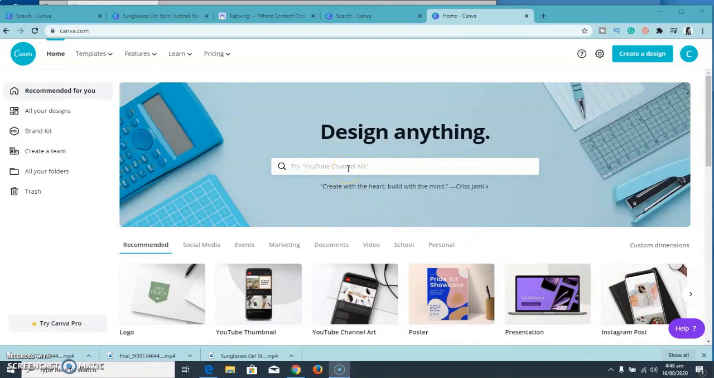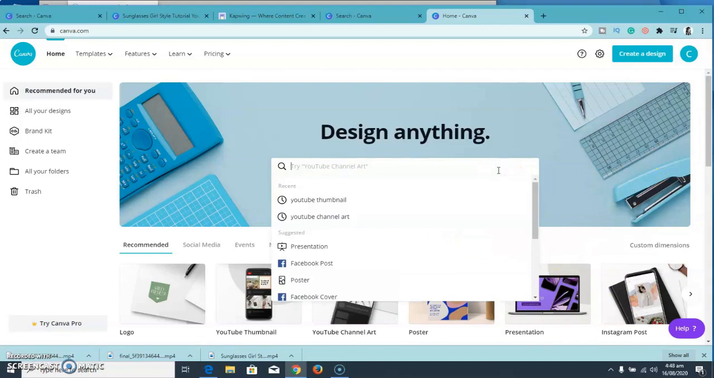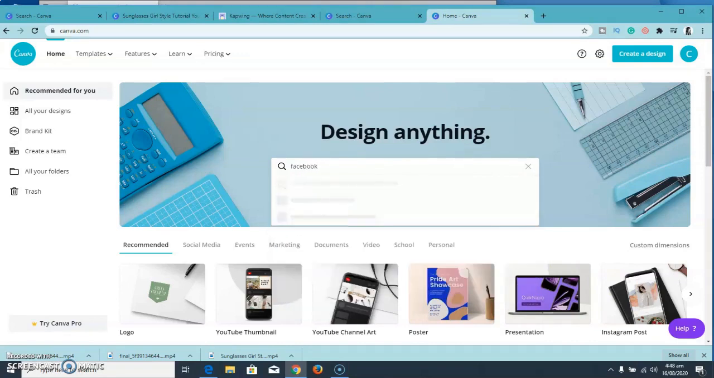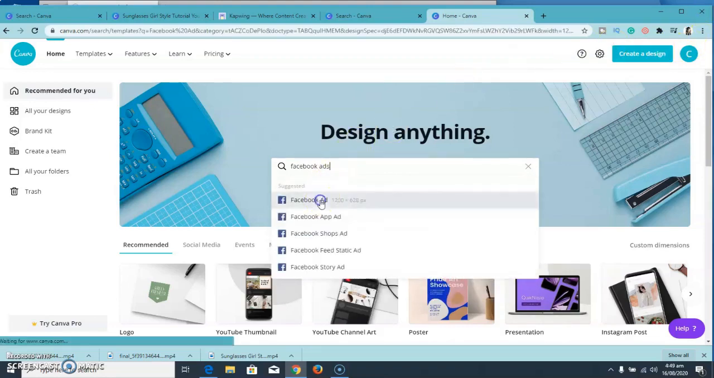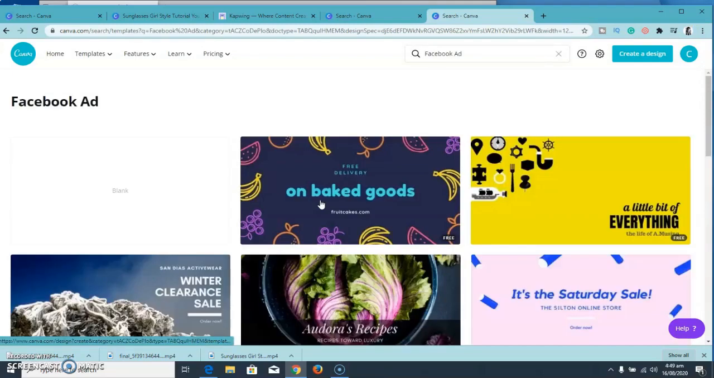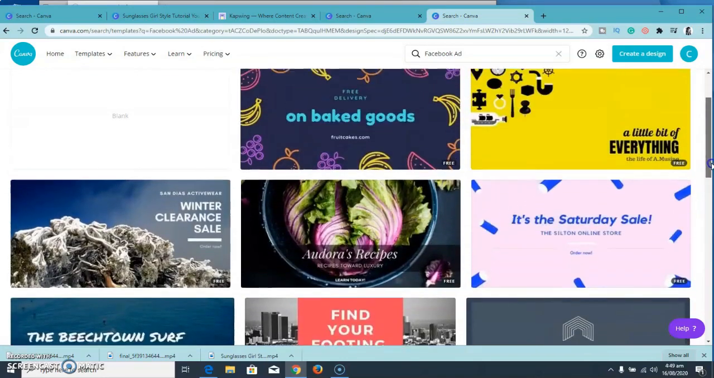And if you can't find what you want to design here, you can also come here and type in, maybe, let me say, Facebook ads. You want to run ads on Facebook and need a template. You can see this Facebook ads and click on it to bring in the right template or dimensions for it. So all you just need to do is select the template that you like, click on it,